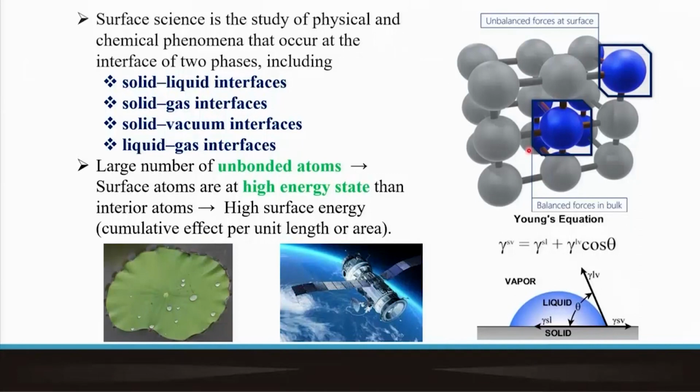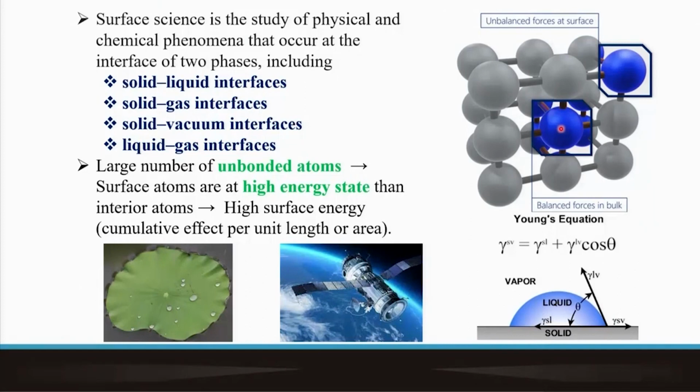But whatever is the species, which is basically the building block which is repeated in 3 dimensions to make the solid, that particular species inside, somewhere inside the bulk, will have pulls and pushes from all over, from the entire